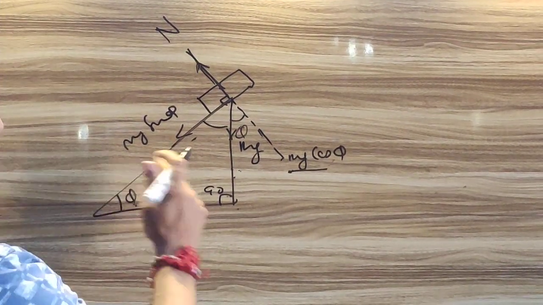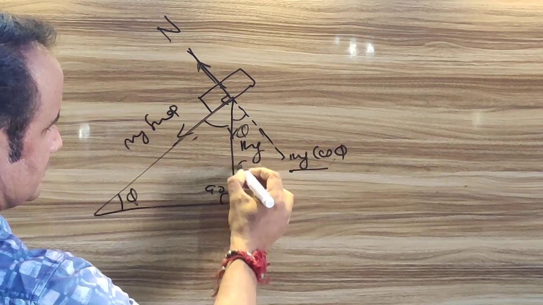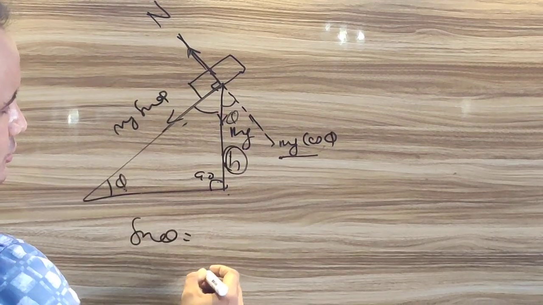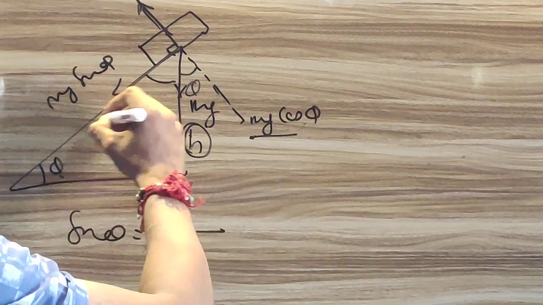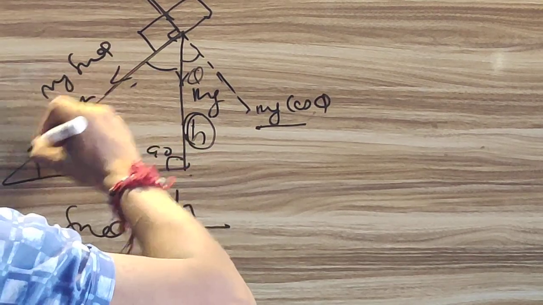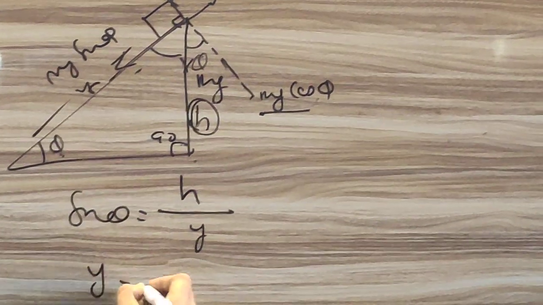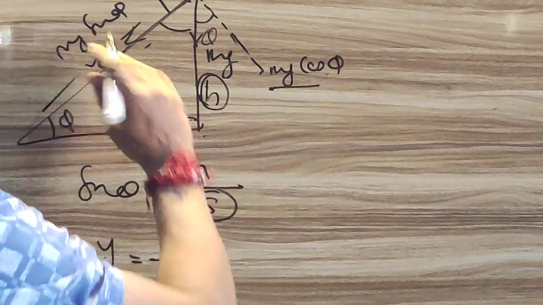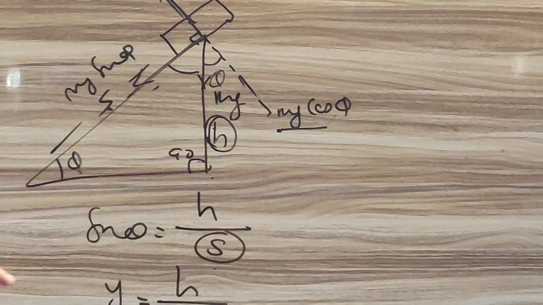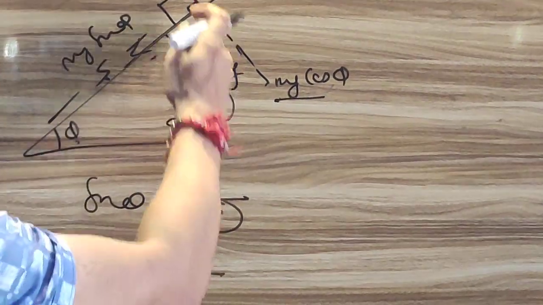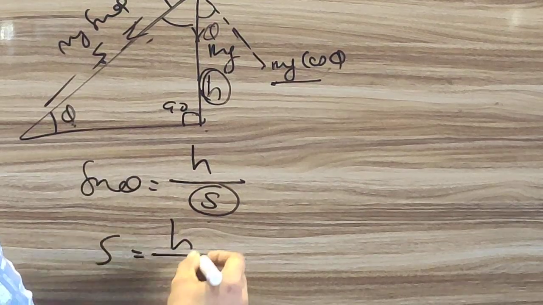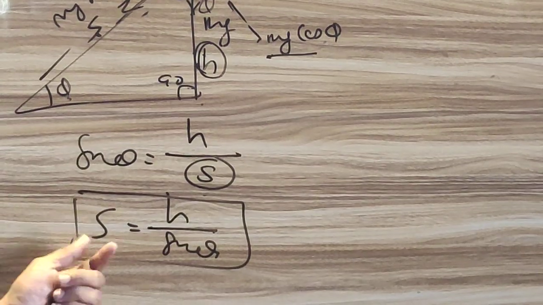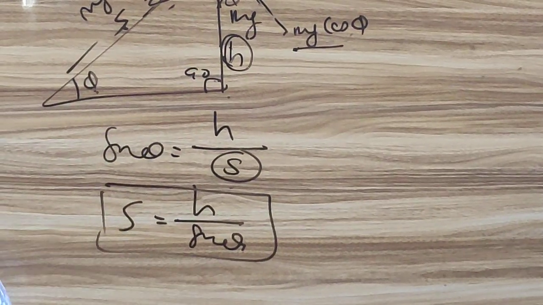But if you look at this part, if I say this height is h, then looking at this whole triangle, what is sin theta equal to? Sin theta is equal to perpendicular upon hypotenuse. Say this part is y, or better, write this as a displacement s. What is displacement? Displacement is h over hypotenuse, and that is sin theta. Displacement is nothing but h over sin theta. Now